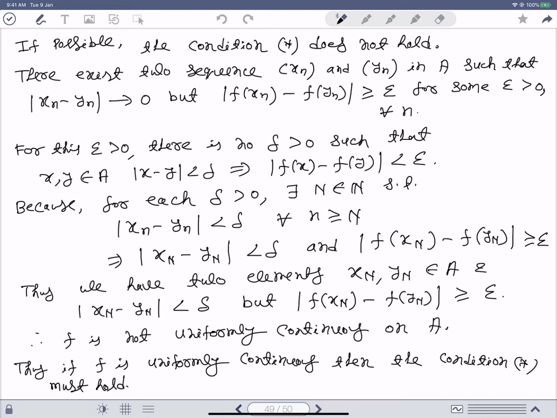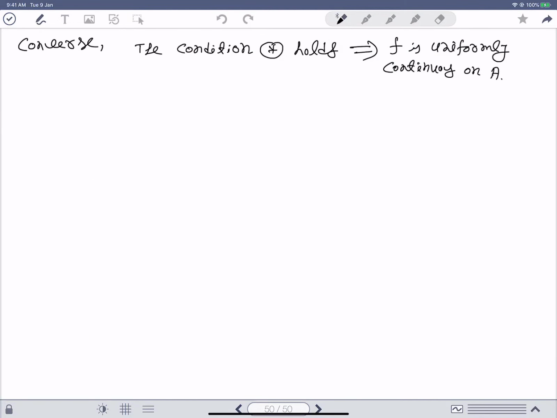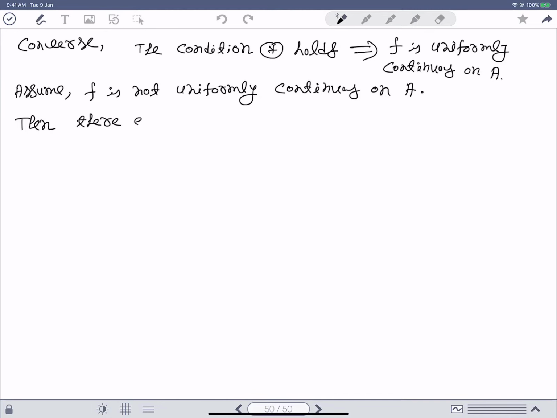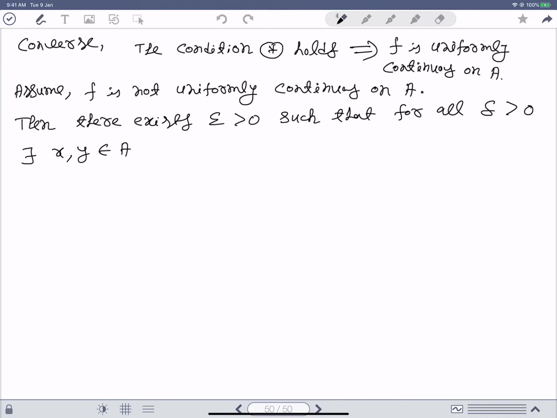Now we prove the converse part. That means we assume that the condition star holds, and we prove that f is uniformly continuous on A. So first of all, assume that f is not uniformly continuous on the domain A. Then there exists epsilon bigger than 0 such that for all delta bigger than 0 there exist two points, say x, y in A, with mod of x minus y less than delta, but mod of f of x minus f of y